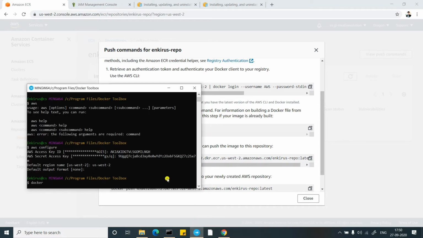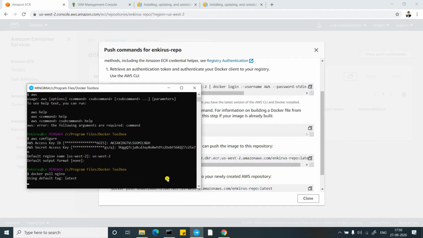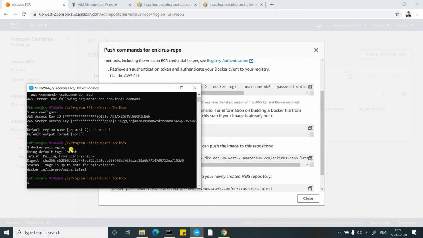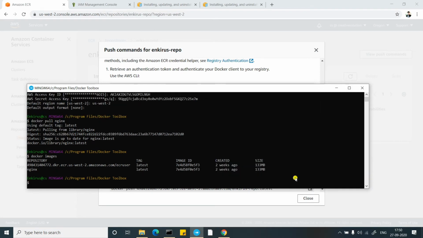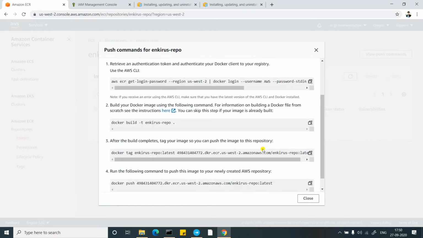If you don't have Nginx, you can run the command docker pull nginx, or if you have any other image in your local repository, you can use that. I already have Nginx. If I click on Docker images here, you can see there are two images here, Nginx and this one. I'll tag this image to the created repository, then I'll push it.